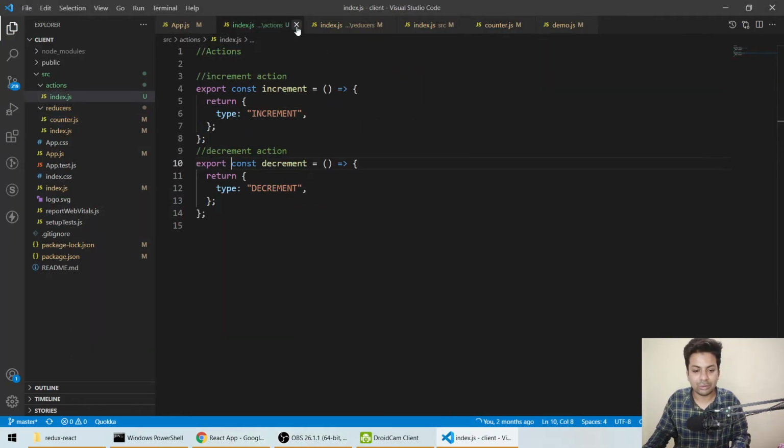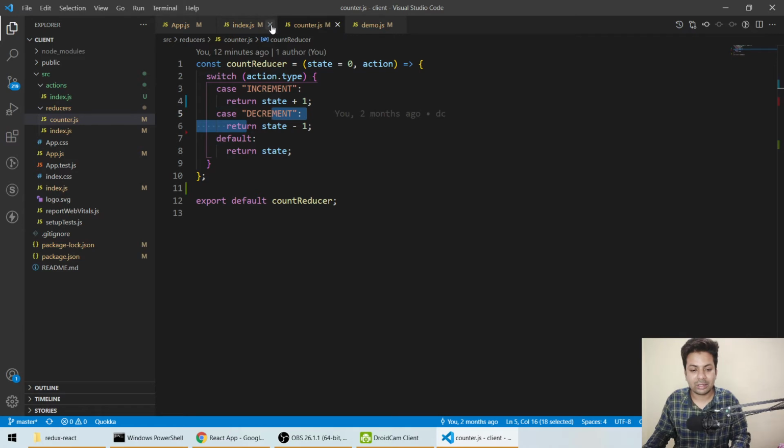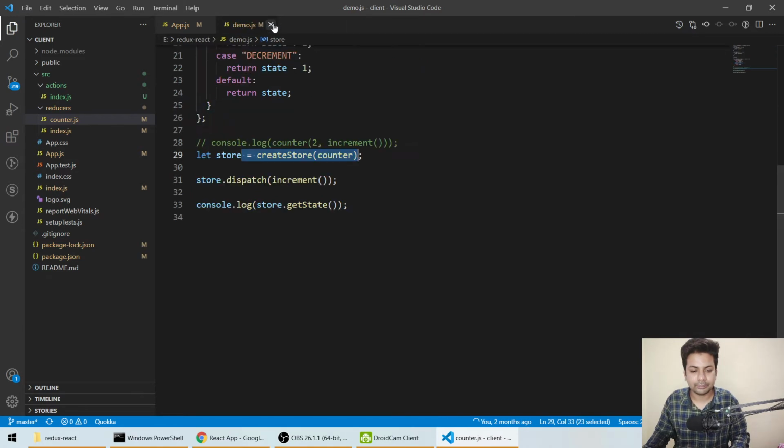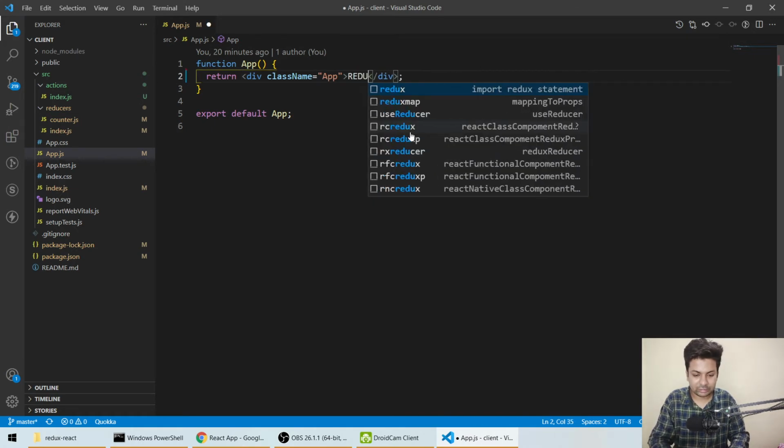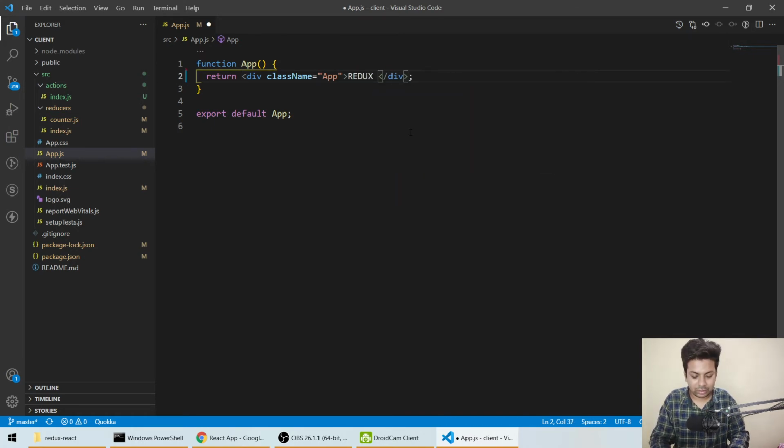Let me close all this, these things are not necessary for now. We'll make it Redux tutorial, just for fun. H1, cut, and paste it in the H1.